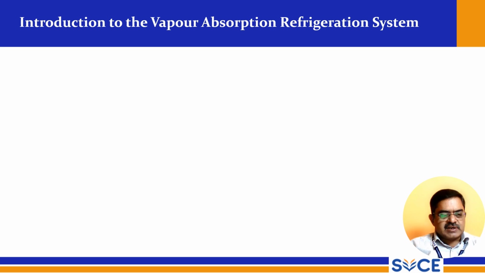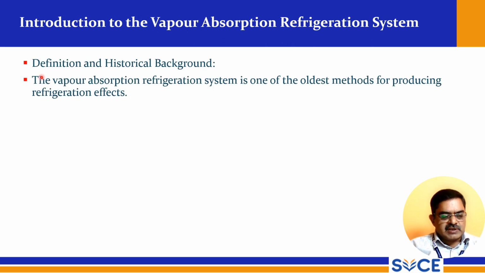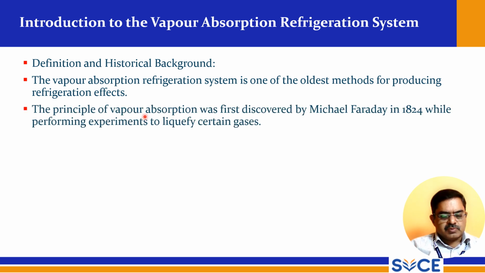Let us see the introduction to the vapor absorption refrigeration system. The definition and historical background are very simple. The vapor absorption refrigeration system is one of the oldest methods for producing refrigeration effects. We have already seen the vapor compression refrigeration system, which is more widely used than the vapor absorption system. The principle of vapor absorption was first discovered by Michael Faraday in 1824,